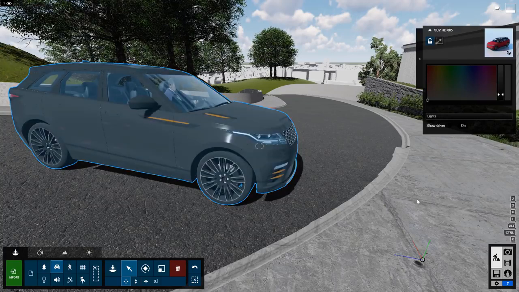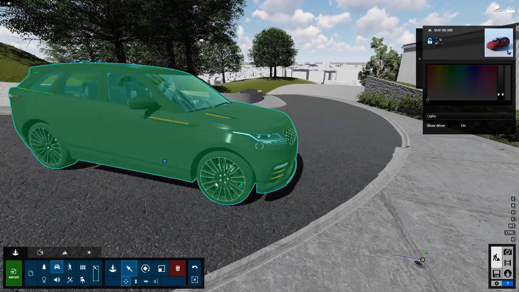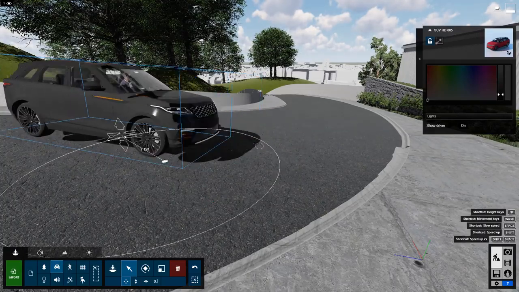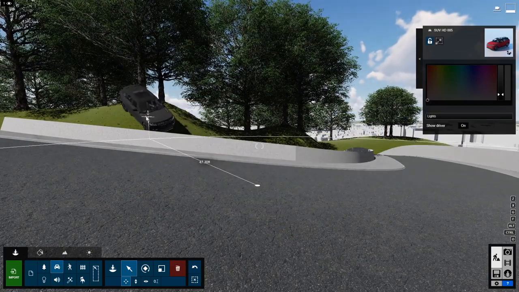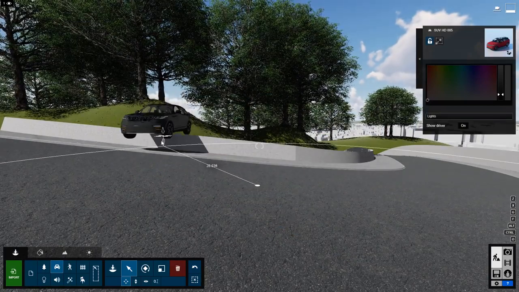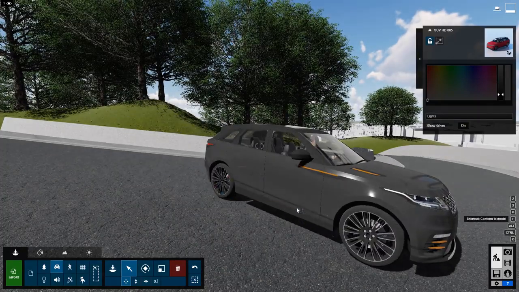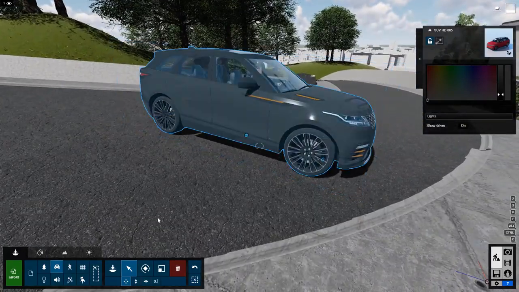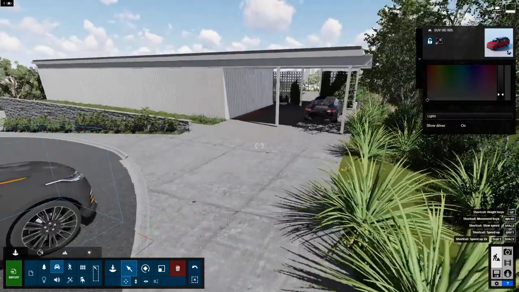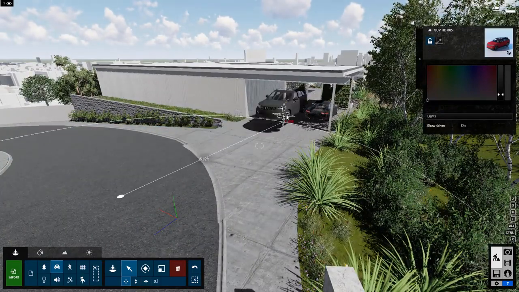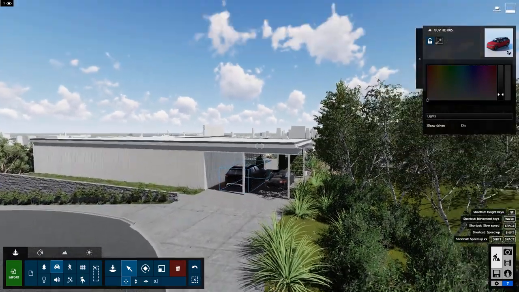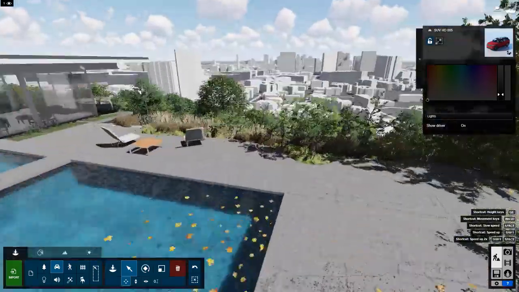Hold the F key. Again, all of these shortcuts are available over here. So that's conform to model. So holding F when you're placing a car will make it snap to the terrain. So let me show you another example of that. As I go up this hill here and hold F, you can see that it's adjusting to that terrain. And then as I come down, it's adjusted to the road. Cool. All right, so for the time being, I'm going to put our car back in the driveway. And as I'm doing that, I'm going to hold F and then park that thing right in the driveway. It reorients.